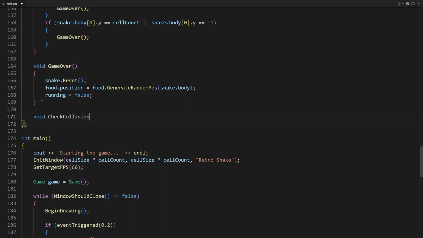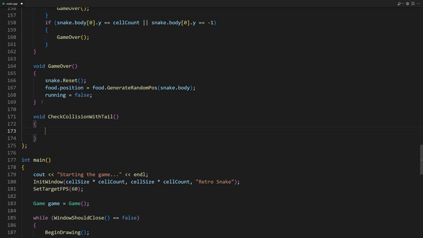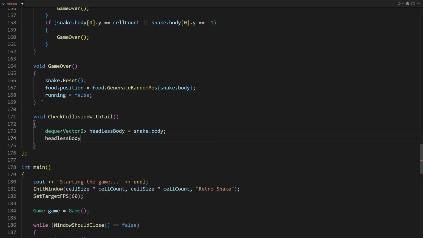void CheckCollisionWithTail() { deque<Vector2> headlessBody = snake.body; First, we create a copy of the snake body and we call the copy headlessBody. Now, from this deque, we want to remove the head, the first element. We can call the pop_front method. headlessBody.pop_front();